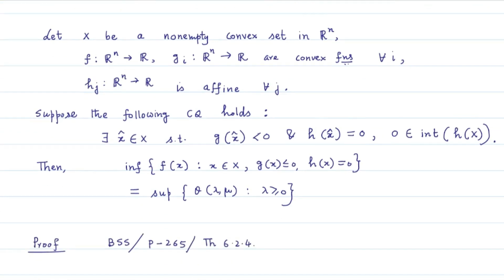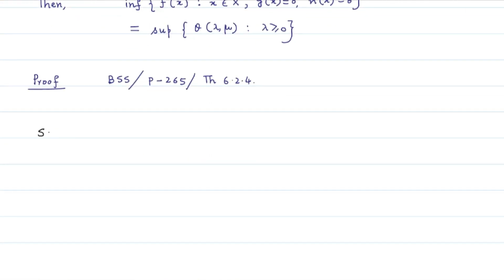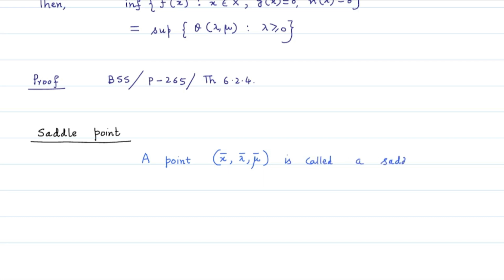By saddle point, we mean the following: a point x bar, lambda bar, mu bar is called a saddle point of the Lagrangian function